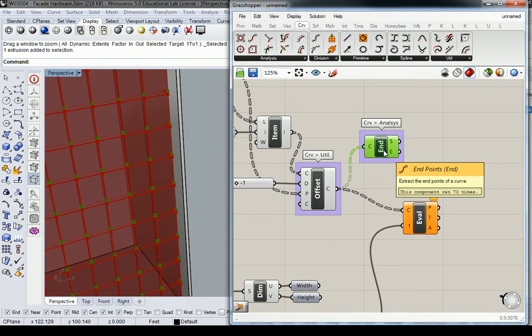So if I have my two endpoints, and I want to basically create a copy of a point that moves inward from those two endpoints, you can't really offset a point because a point doesn't necessarily have direction. But you can move it, and it creates a copy. And the cool thing about move is I can just create a vector that goes in the direction toward the center of the line. So I need to find the center line midpoint, and I need to map a vector from the endpoints to the midpoint, which is going to give me something that I can...